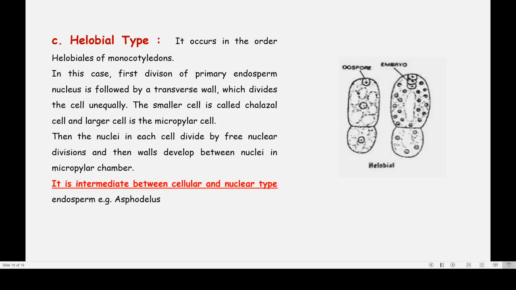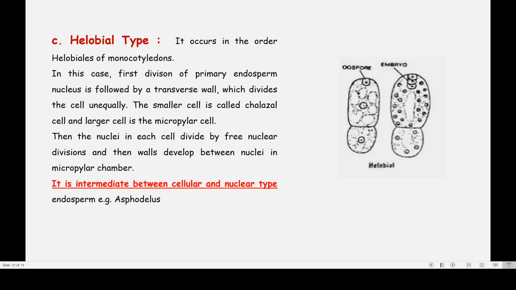Here you can see first cellular division occurs, followed by the nuclear division. First cellular division has occurred, that means the nucleus is also divided along with the cytoplasm. Cytoplasm has also divided, but in later stages you will find that the nucleus only divides and redivides. That means in later stages it forms free nuclei only.